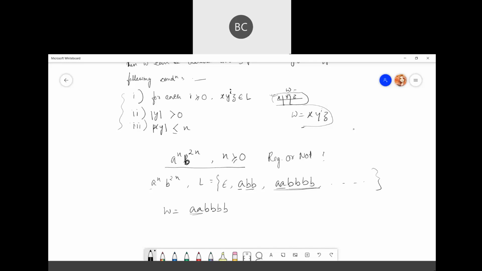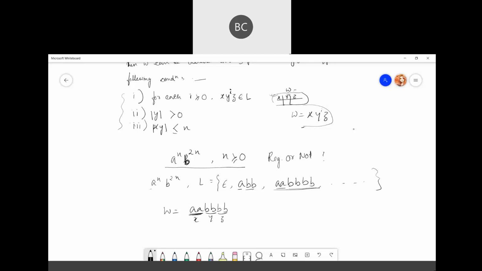There is no set of rules for how you divide it, it's totally up to you. I'm taking aa as x, bb as y, and bb again as z. So I'm dividing it like this.